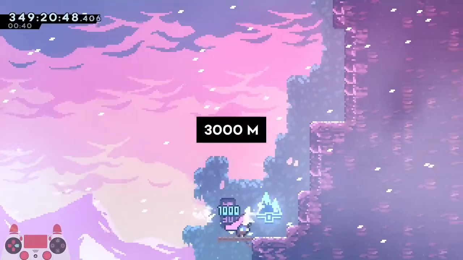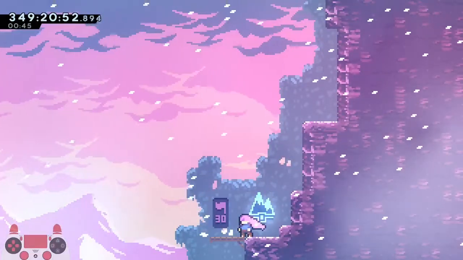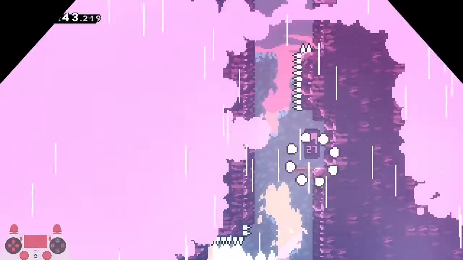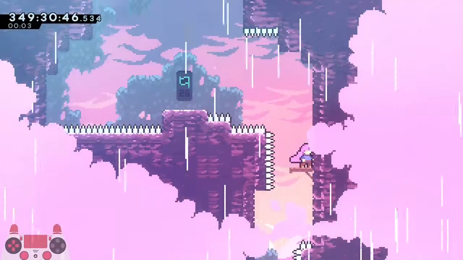Heading up into 3000 meters here, we can just skip ahead to flag 27 because that's where our berry strats are going to resume up ahead here now. So let me just find the flag really quick here. Okay. Alright, so from flag 27 here, we're just going to do 2 wall bounces up to this right side